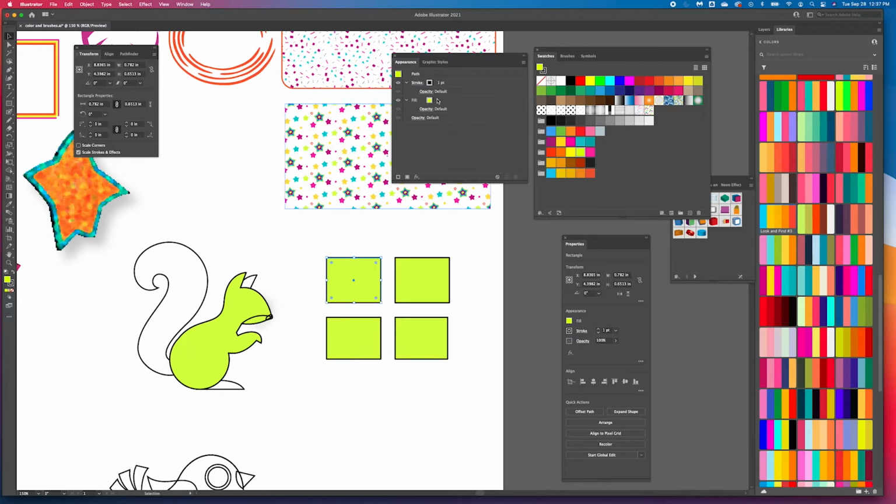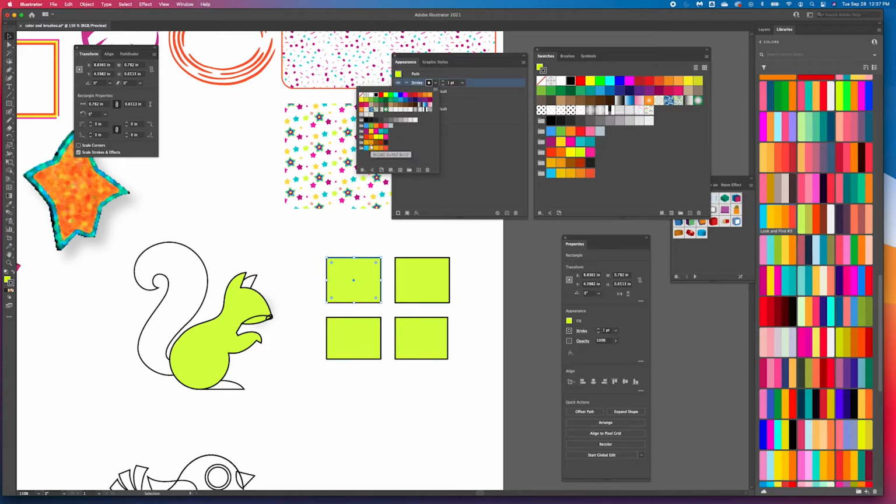So I'm going to use my appearance panel to do that. And I'm going to say that I'm going to have a stroke with my new colors here of maybe this dark brown. And the fill can be this lighter brown. And then I'm going to go ahead and add another fill. And this one is going to be